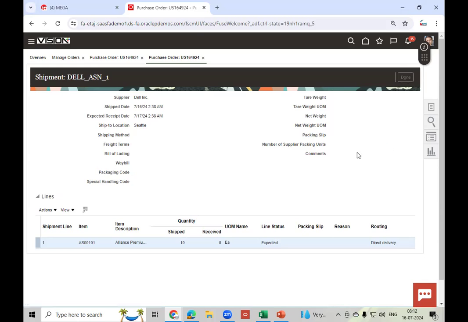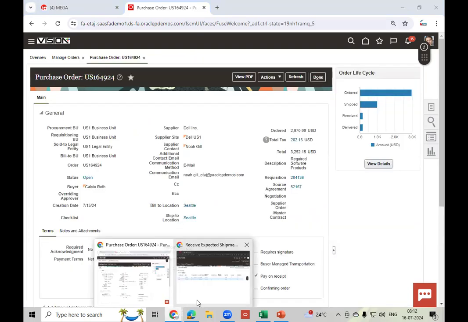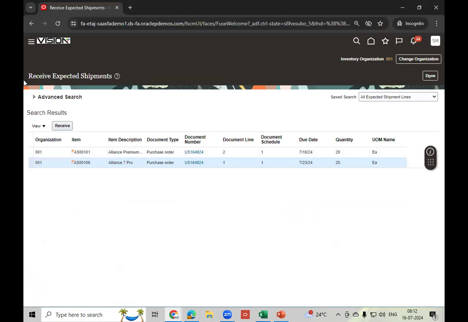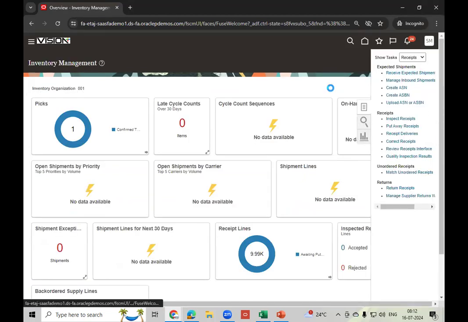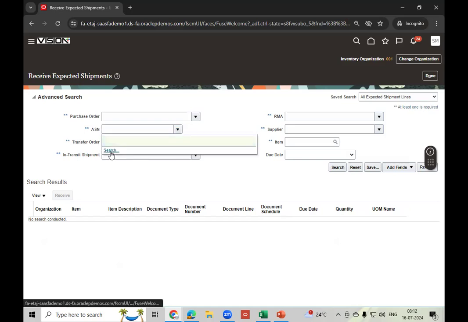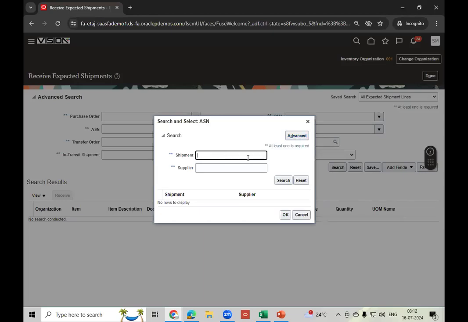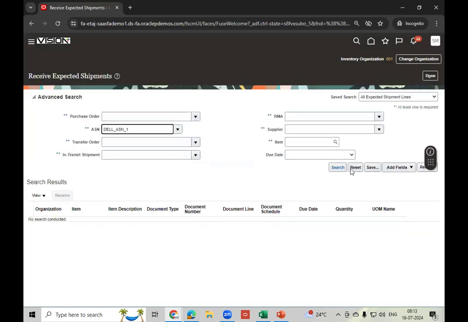Right. Now again, once material is received physically, okay, now again I'm in SCM Receiving and I'm creating a receipt. Click on this, receive expected shipments. Instead of entering the purchase order number, I'll enter the ASN number. The supplier provided the ASN number. You can search. If your supplier portal is not implemented, you can use the purchase order. If the supplier portal is implemented and created a shipment notice, use this ASN. Select,